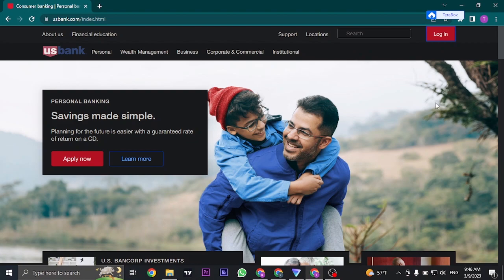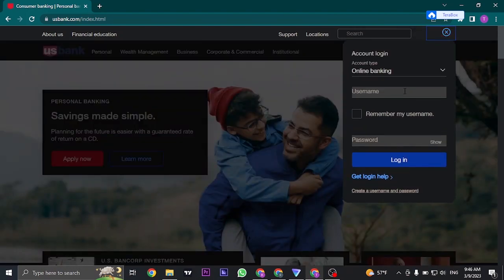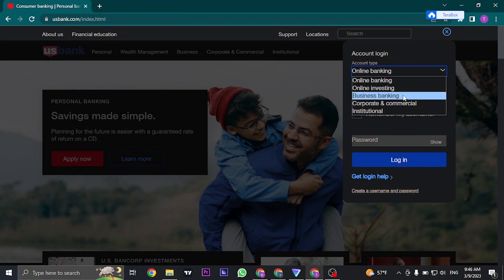Now the most important thing that you need to know while trying to log into your account is that you need to enter in your correct credentials. Other than this, also make sure to select your correct account type. So from the account type option, click on this arrow. A drop down menu will open up and select your type of online banking that you're using. So if you choose any other type of account instead of the one that you created, you won't be able to log in. So make sure that you select the correct one and then type in your username as well